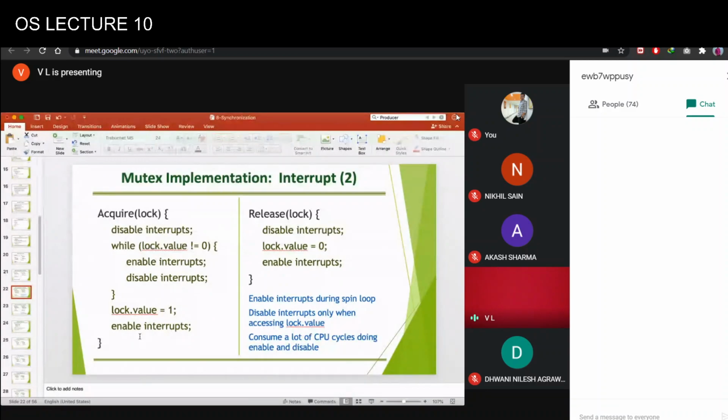But the second process, which is not able to acquire the lock, will be going through the cycle of enable interrupt, disable interrupt, enable interrupt, disable interrupt. Naturally, once it enables the interrupt, it's quite possible it will be context switched. So it will consume CPU cycles, but it will ensure that the other processes are not blocked. The process which has failed to acquire the lock does not monopolize the CPU, so the other processes are also able to progress. This is a kind of spin lock in which the process is spinning on the lock and is not doing anything useful, but doing busy waiting.